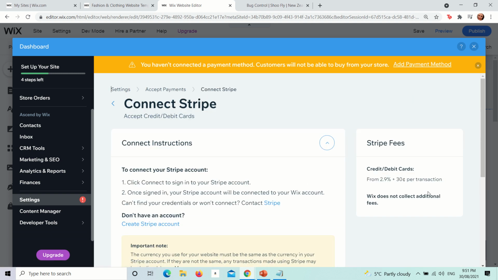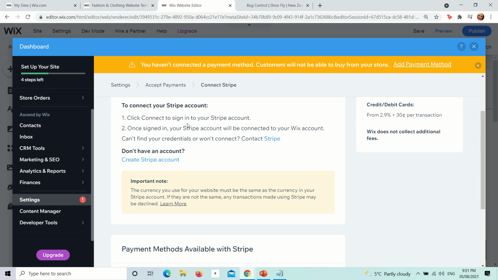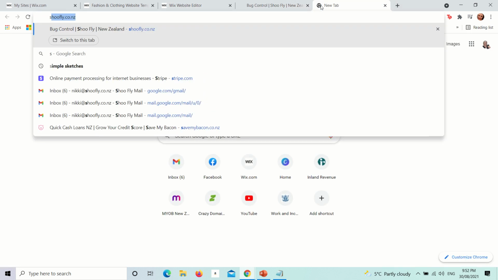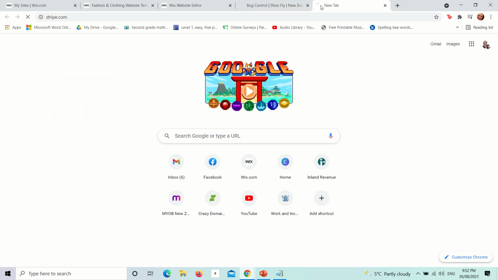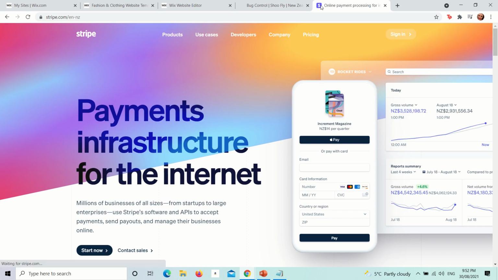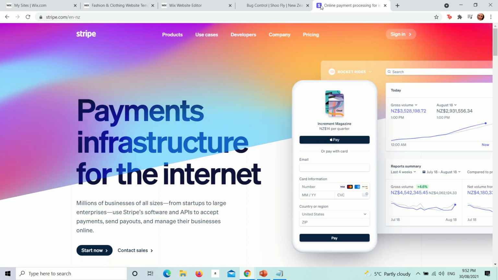So to connect Stripe, you go connect, you click connect to sign into your Stripe account, you go create Stripe account. Now Stripe is a whole different payment ball game, right? So I'm not going to take you into my account, but this is Stripe over here. So when people pay for a product, a big question I always get asked,